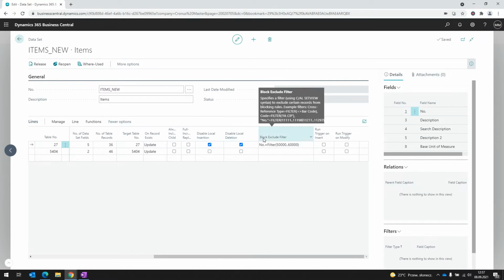By the way, we have some tooltips here with examples, but the syntax is that we have any field from the current table, so from item, then always an equals sign and a filter and brackets, and then we have any Business Central expression. Here is the range, but you can combine many expressions here. You can also put a comma and combine many fields, so it works like AND, so both conditions have to be met. So in that case, how to read it? I block insert and delete, but if the item number is in the range 50,000 to 60,000, I am allowed